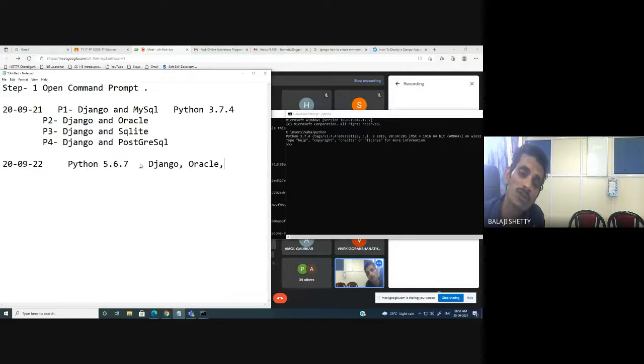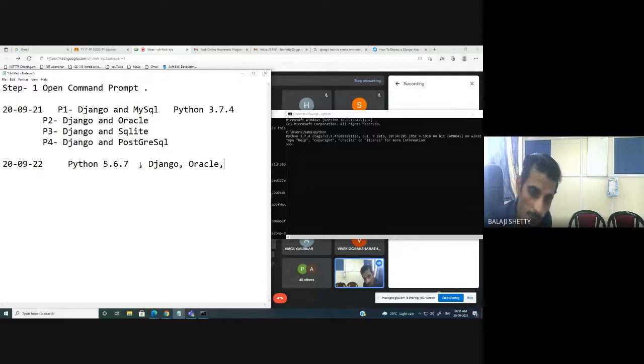But in your project, there are lots of dependencies. Like you are using Python, you are using Django, you are using MySQL, you are using database server, you are using cloud, you are using lots of services, and that must be compatible with each other. So it may happen that if you use the new version, it may not be compatible. That happens normally. And how will you provide the support? Because your machine has the latest version.